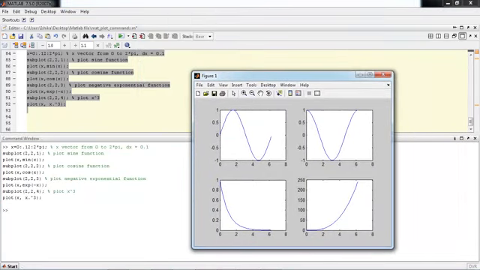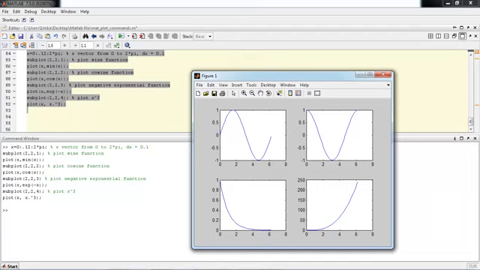So here first we write the values of x ranging from 0 to 2 pi. Then subplot(2,2,1) means first position, we use plot(x, sin(x)). So it will put the x versus sin(x) graph in the first position.